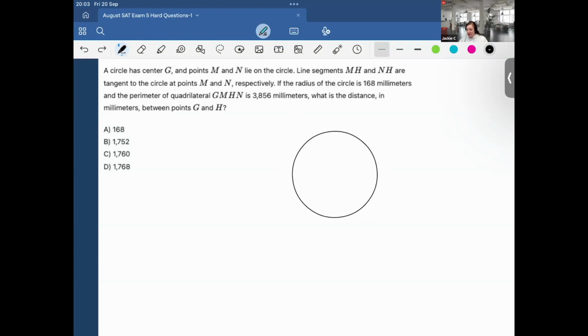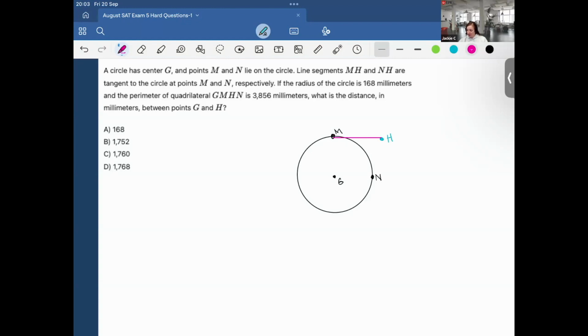Okay. All right, so we have center G, and points M and N on the circle. Line segments MH and NH are tangent to the circle. So I have M, and we can put N here to create tangency. And then I have some external point, let's say it's H, and then they create